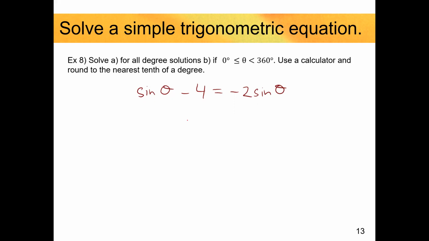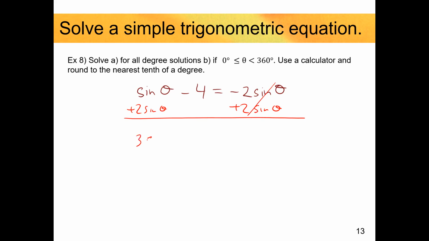You can subtract sine theta and just move it over here, right? Except sine theta is going to be on your right-hand side. We usually don't like that. And then you have to divide through by a negative as well afterwards. But usually we want to do this here. Are we good with that? We want to get the sine or the trig function on